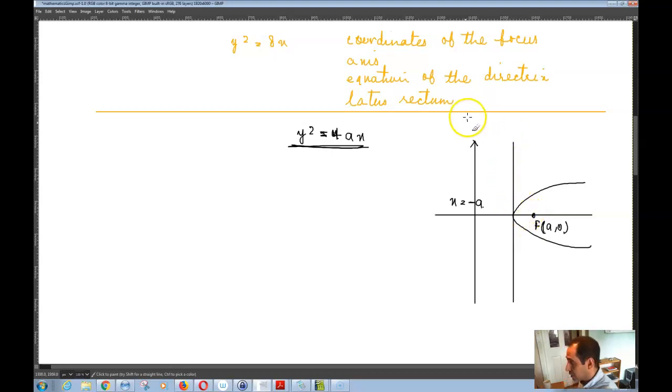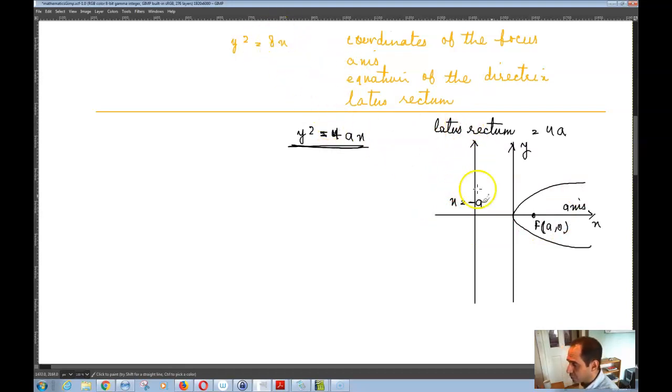And we said that basically the latus rectum of this parabola is equal to 4a. And what else do we need? We need the coordinates of the focus, which is basically this. The axis is the x-axis, or the line y equals 0, this line over here. The equation of the directrix is this, and the latus rectum is basically this thing over here. So based on the information that you have, you can find